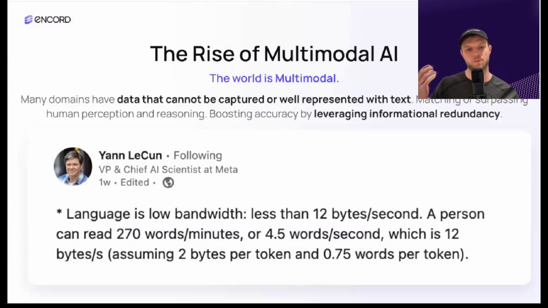And one of the themes that we saw that is very pronounced these days is the theme of multimodality. And so, as you said, why is this important? Why do we care about this? So first of all, there's this